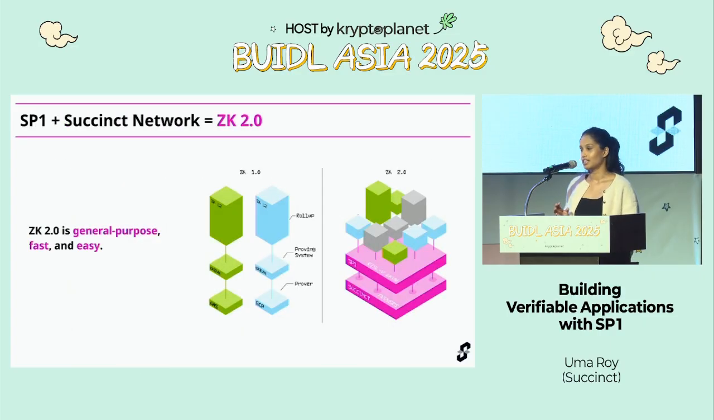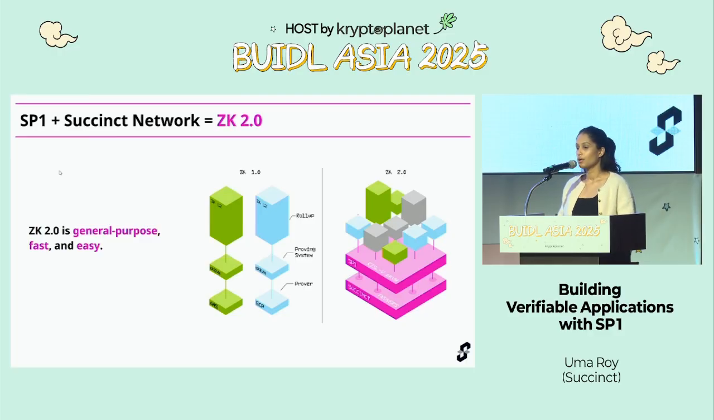So I like to say that SP1 and the Succinct network results in ZK 2.0, where you have this old paradigm of ZK, ZK 1.0 on the left-hand side, where you can see that it was very, very difficult to use. And teams had to have dozens of PhDs and cryptographers and engineers devoted to making their own proof system and their own prover for their specific use case. So often these use cases were ZK EVM rollups, like many of the ones that you have probably seen and